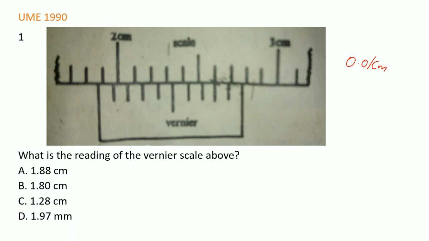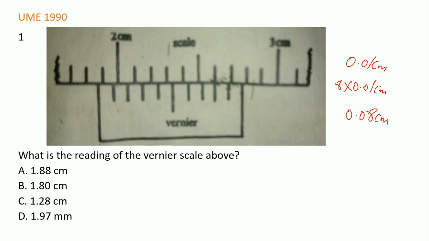I don't want to be pedantic about this, but the way I usually do it is that I just look at the mark on the vernier scale which coincides with a mark on the main scale, and I multiply it by 0.01. I don't want to go into much detail, but you can always do it like that. So you have 0, 1, 2, 3, 4, 5, 6, 7, 8. So the 8th mark on the vernier scale coincides with a mark on the main scale. So that is going to be 8 times 0.01 centimeter, which is